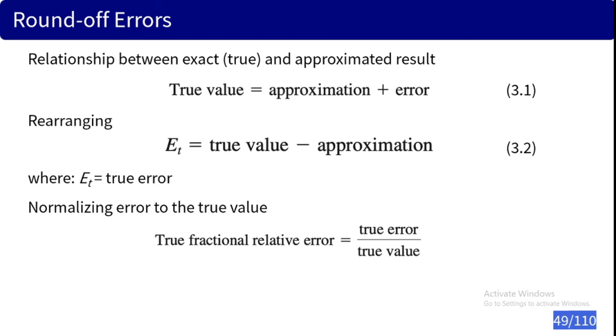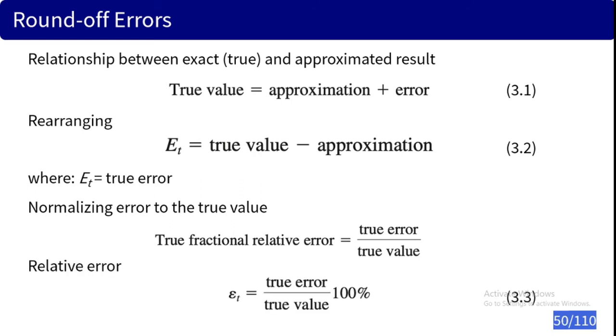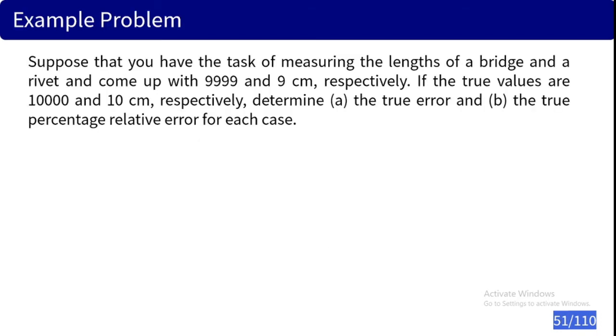So natay true fractional relative error nga ato na siyang i-normalize with respect sa true value na to. So para makakuha na to diri kung bilang relative error na to with respect sa katong exact value. So ang true fractional relative error is equal to the true error over or divided by the true value. Then ang relative error na to sa percentage is equal to the true error divided by true value times 100%. So makita tag percentage na to. Relative error as a percentage. Okay. So example problem is